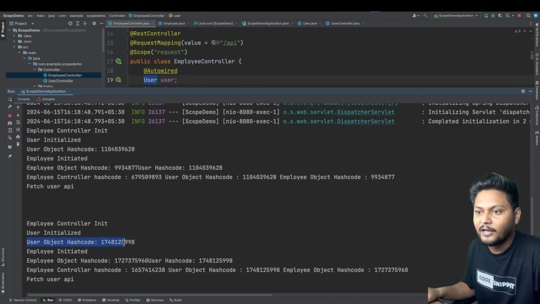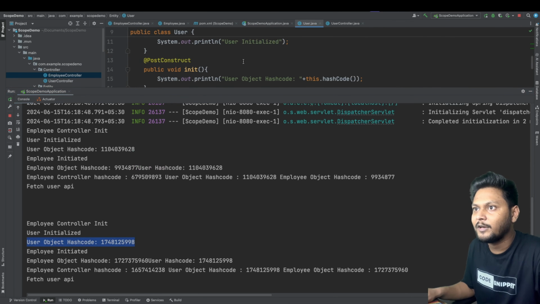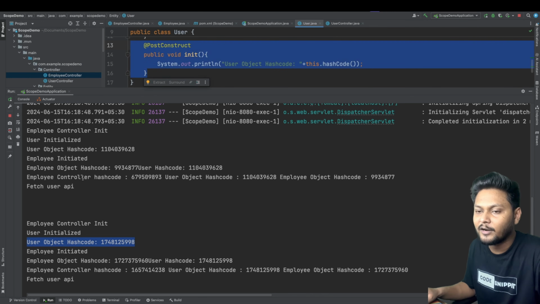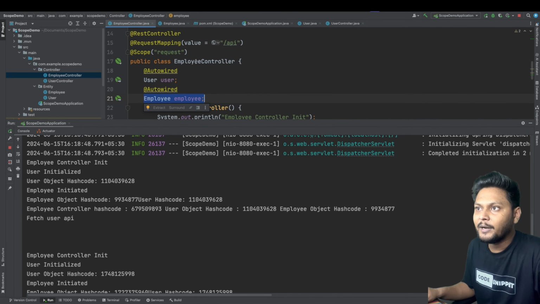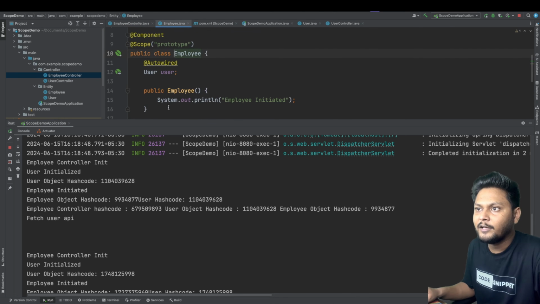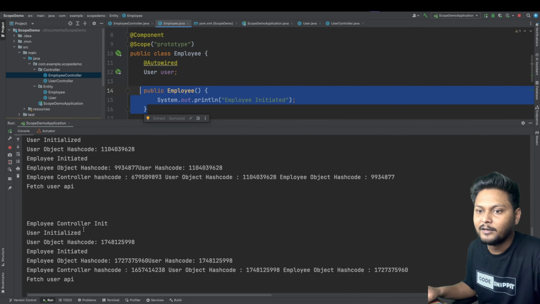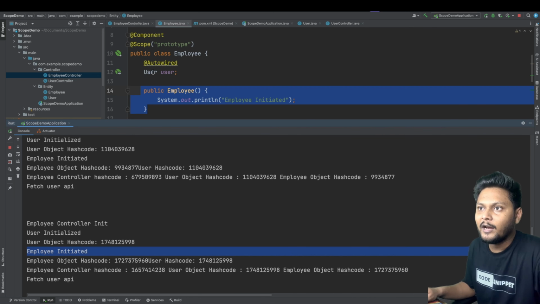After that, the user hash code will be printed, because in the user we are printing the hash code in post construct, right? After that, the employee will be initiated, so it will come back here. It will see employee is another dependency for this employee controller, so it will go inside, and here it will try to print this. So it will print that the employee is initiated,